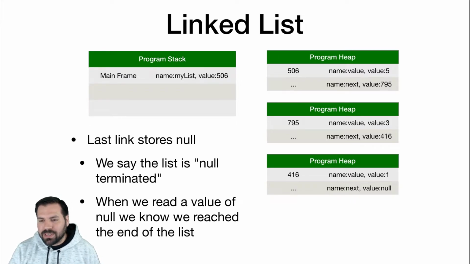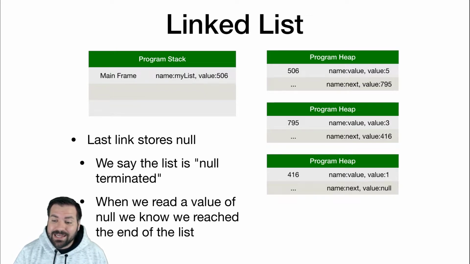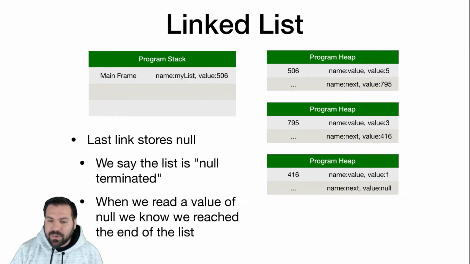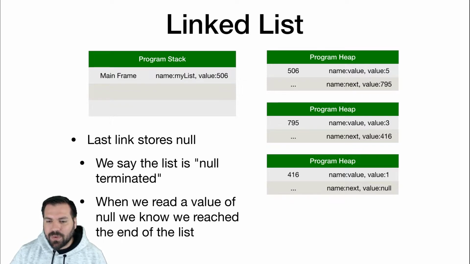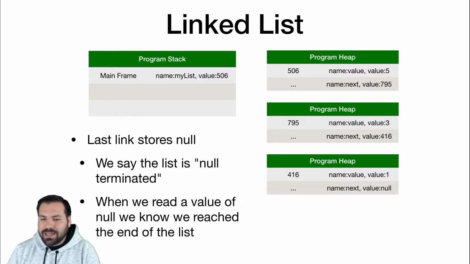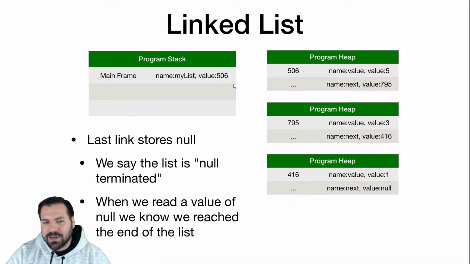And 2, the more important reason, because I don't really like that first reason, you're going to see this in 220 a lot. C is very keen on what we call null termination. By seeing a null and knowing that that is the end of the list or data structure or whatever, you'll see it in arrays and strings, or char stars rather, in C. Whenever you are reading data and you read a null character, that says, hey, this is the end of that data structure. So we're going to use that same setup. Whenever we read a next value of null, that's the end of the list.